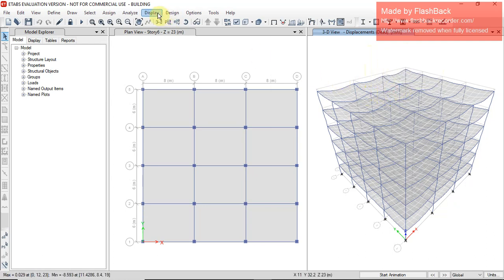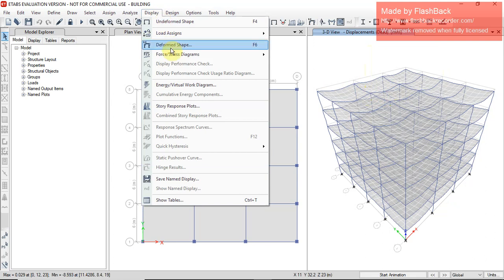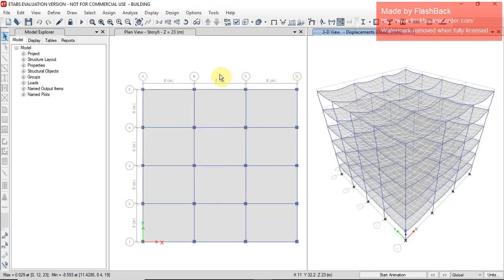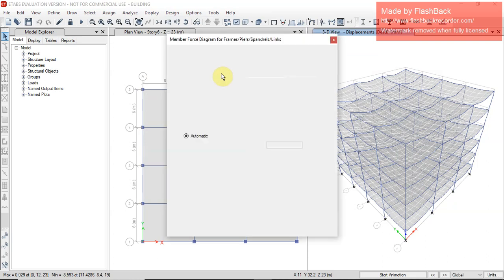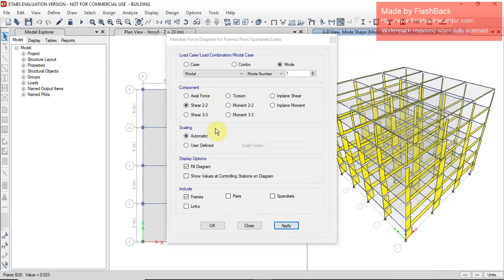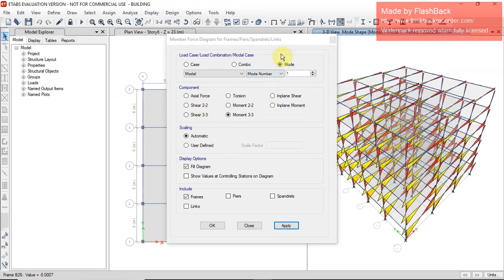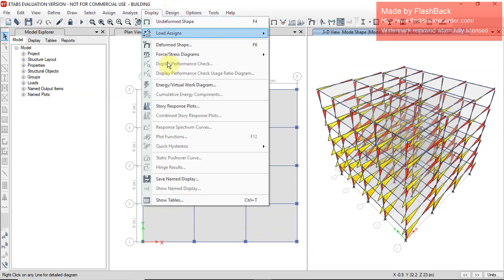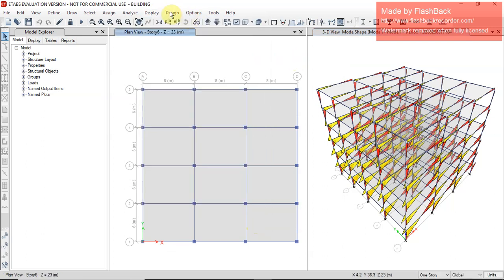You can display all the things in the frame, like shear 2, and you can see moment 3. All the things you want to see, you can see in this. Display anything that you want, such as response spectrum and other things.